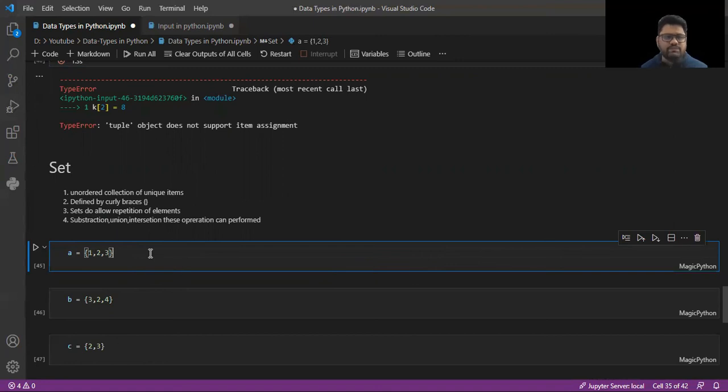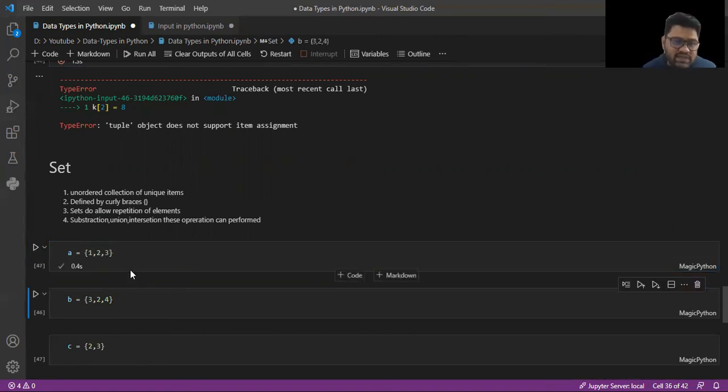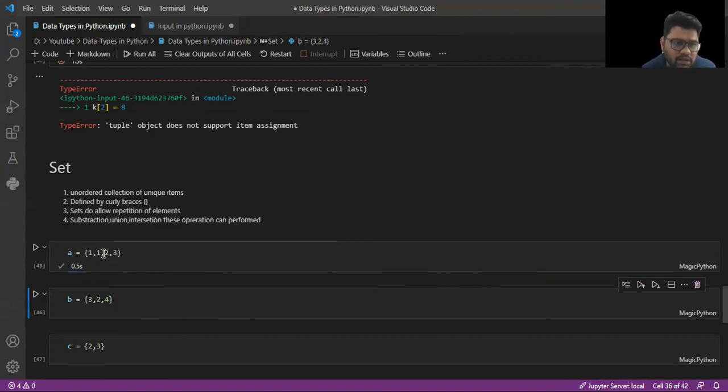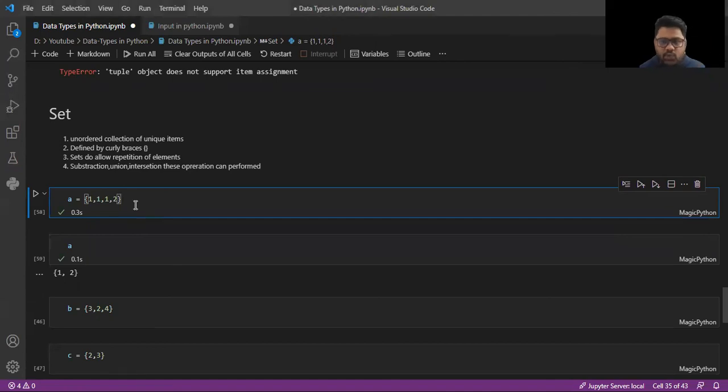So to declare a set, we can use curly braces and declare the variable, and we cannot repeat the same element again. Set does not allow repetition of elements, but it will allow you to define the set in a duplicated manner.